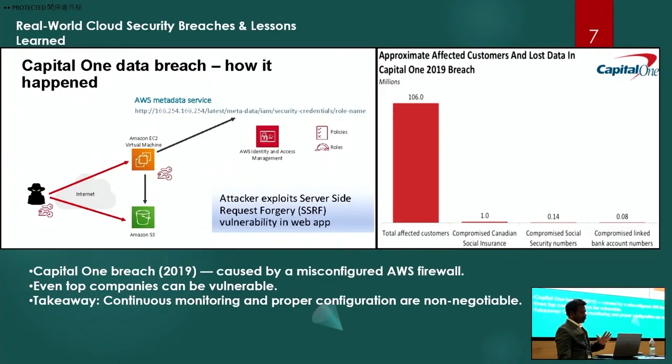Maybe it is coming a little more on the networking side. What I really wanted to let you know here is, when you are configuring something at the cloud level, in what area do I have to look? Can I trust the cloud? You can trust, but at what level are you doing the scanning? At what level are you ensuring that the security is up to date, or any challenges that you are having, or at what level are you putting security? If I talk about it, any top companies are vulnerable. If you don't put in continuous monitoring and proper configuration, your data is going to be screwed up.